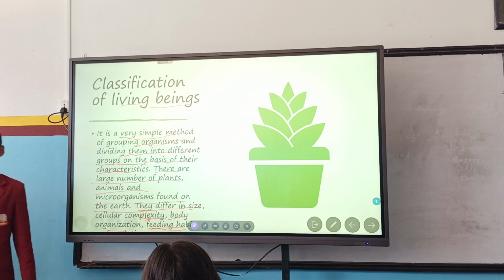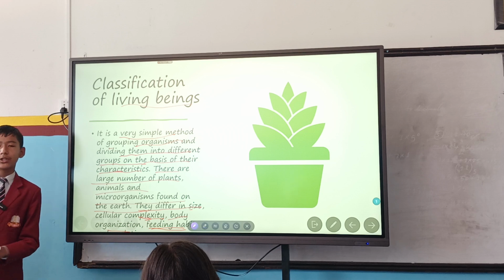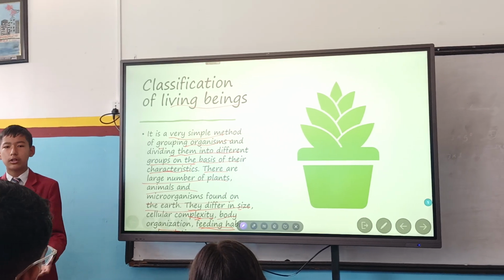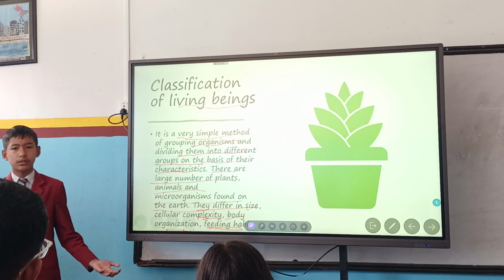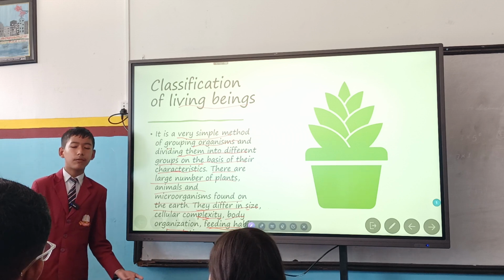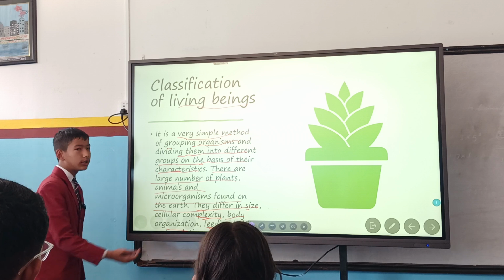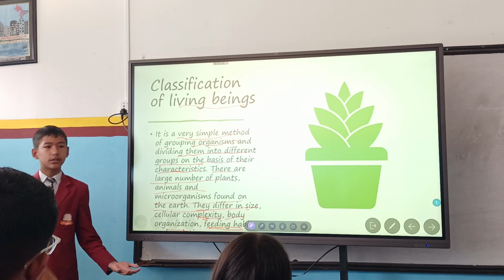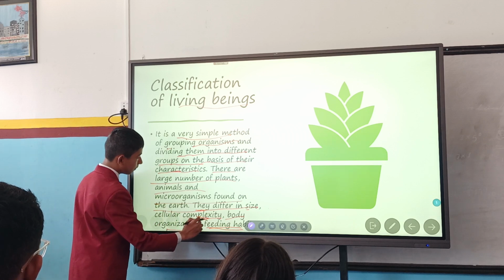It means to say that we have studied before this chapter and unit that all of the living organisms on our earth contain cells. We have also studied that the type of organisms which has only one cell are called unicellular animals, and the type of organisms which has more than one cell are called multicellular animals. So due to the differentiality of cells and their functions in all the animals, they differ in size, cellular complexity,